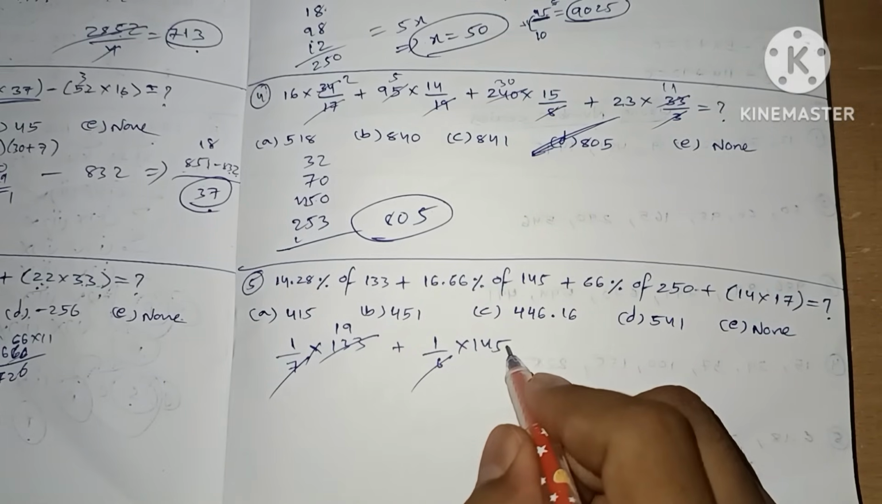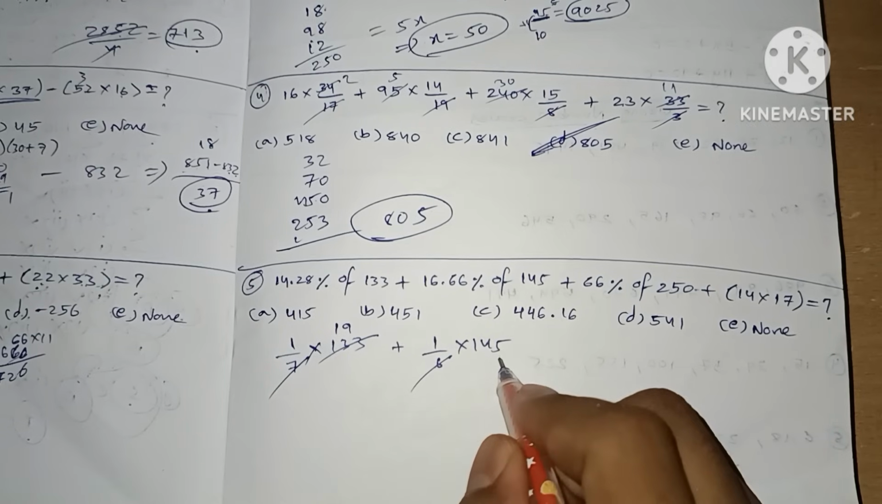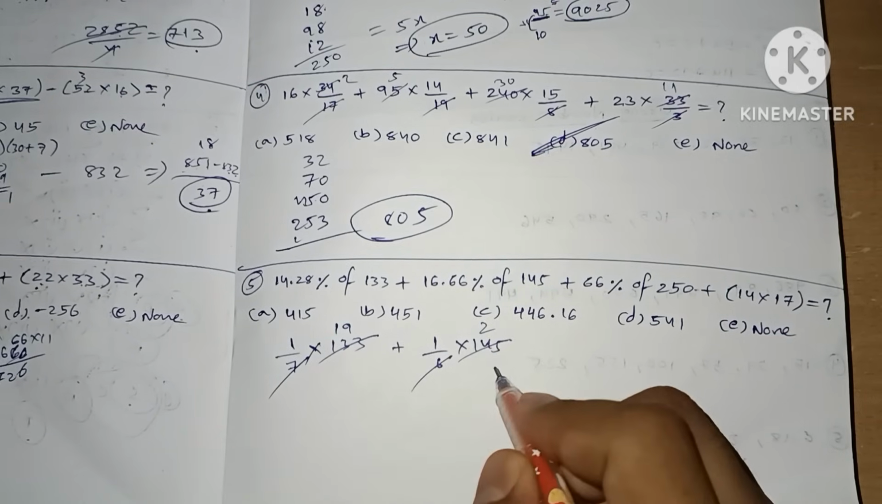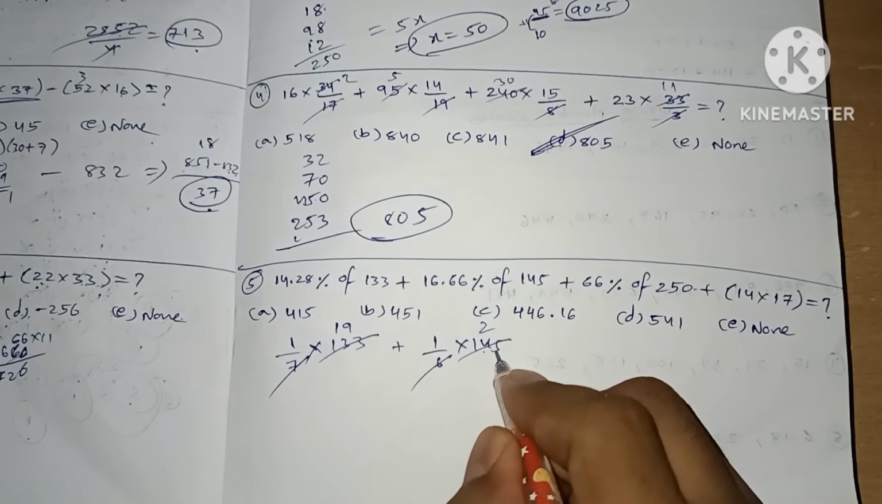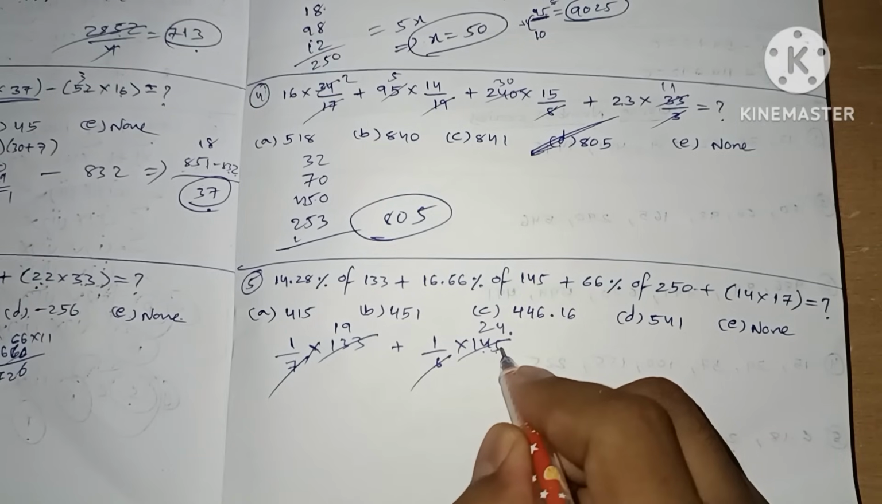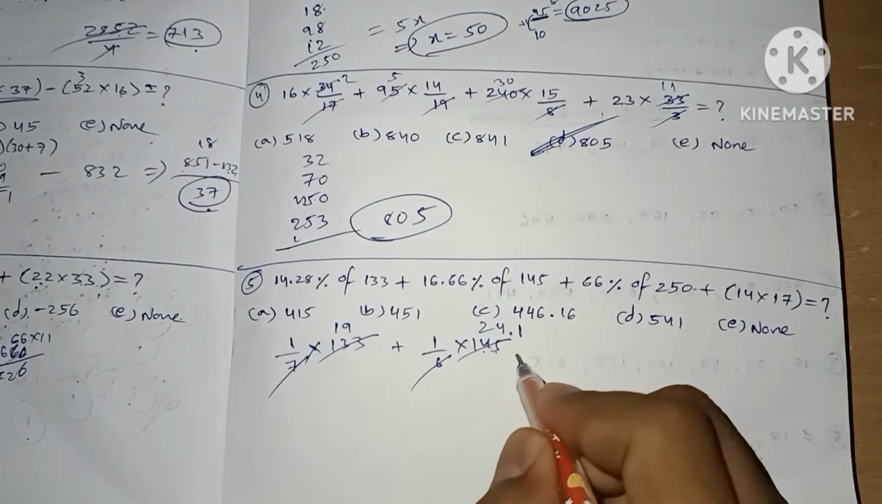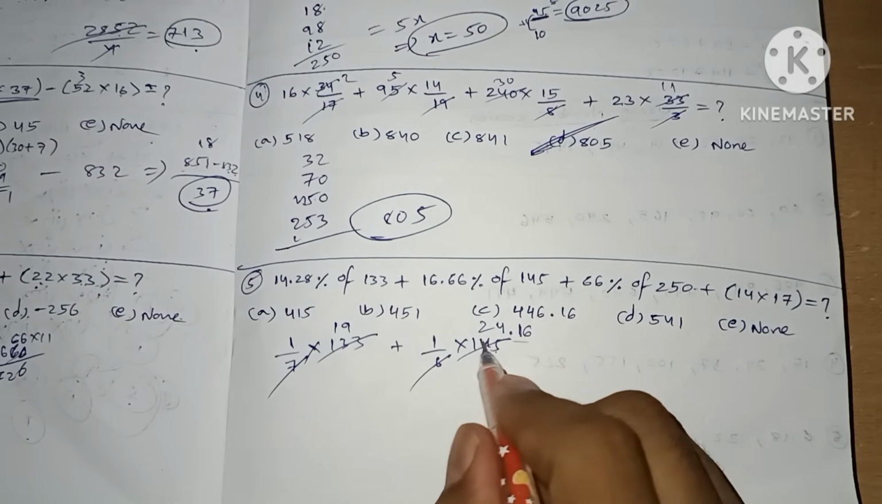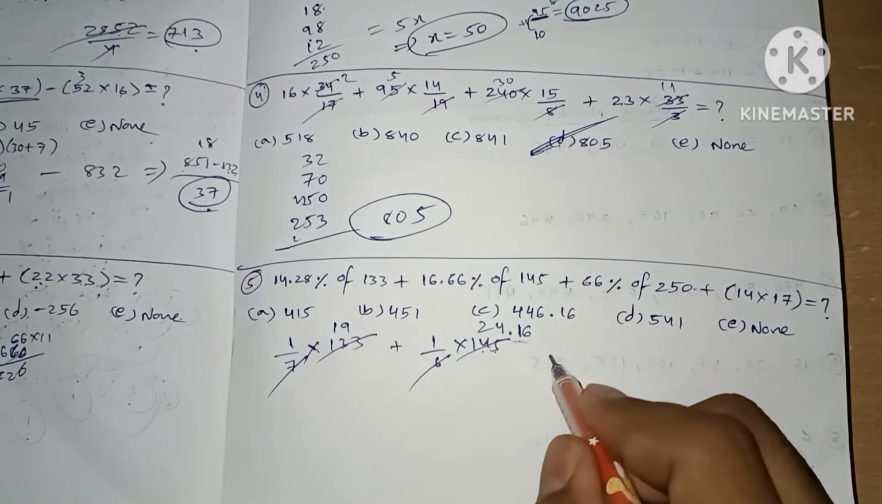Here I can write this as 6, 2 times 12, left with 25, 4 times 25, 24, and left with 1, 1 0. 1 0 means 1 times and 6 times. So we are leaving this 24.16 plus